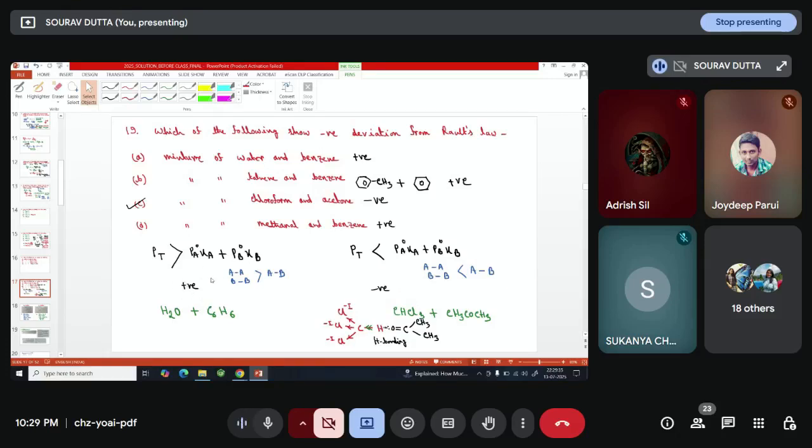And in this case, before mixing interaction will be higher, and after mixing interaction will be lower. That is, AA means similar interaction, BB means similar interaction. After mixing AB interaction, so after mixing interaction will be lower. So that's also positive deviation. বলবে স্যার কিছুই বুঝলাম না কি বললেন। আচ্ছা চলো এক্সপ্লেন করা যাক। সাপোজ উই টেক অ্যান এক্সাম্পল ওয়াটার প্লাস বেঞ্জিন মিক্সচার।